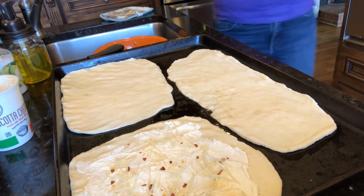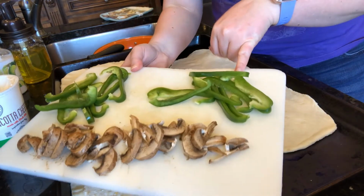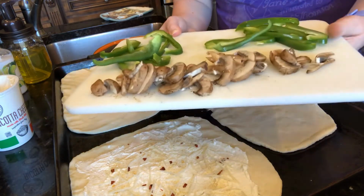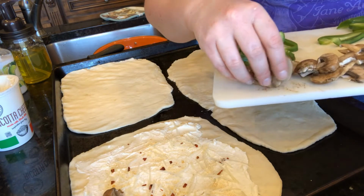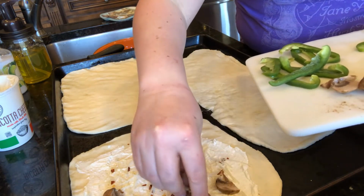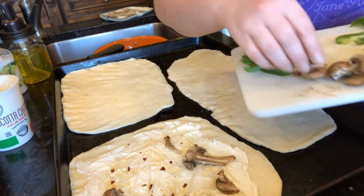And then I actually have got some sliced veggies here. So I have some green pepper and some mushrooms. I think I want mushroom on my breakfast pizza. Just gonna do a little border almost,